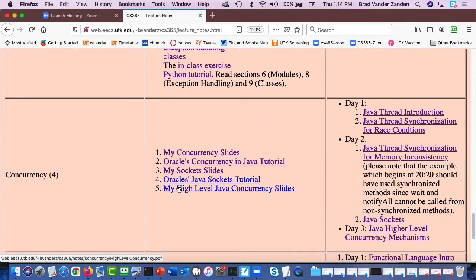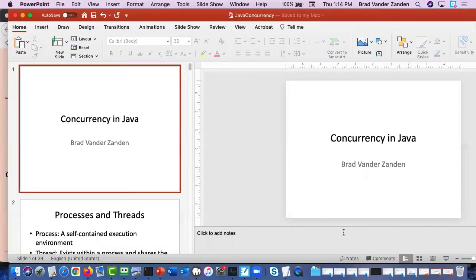These basically summarize the Oracle Java tutorial on concurrency. So if you follow this link, you'll get Oracle's concurrency tutorial, and basically my notes follow their 2 tutorials on that: concurrency and then their sockets tutorial. Okay, so without further ado,